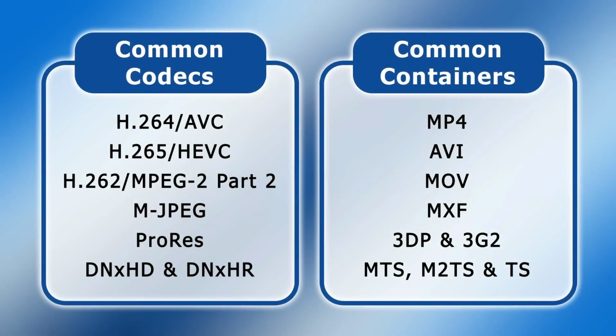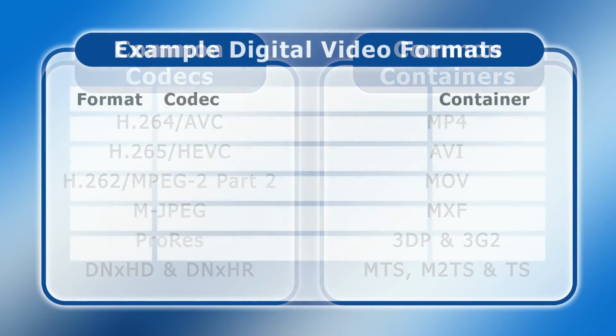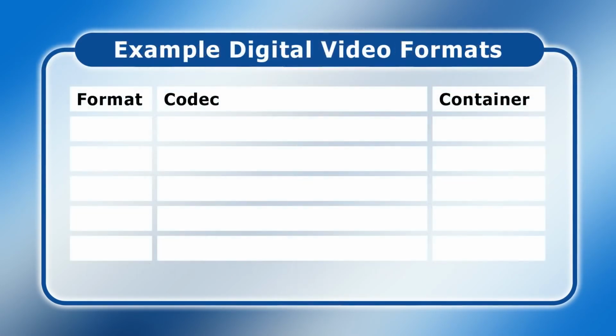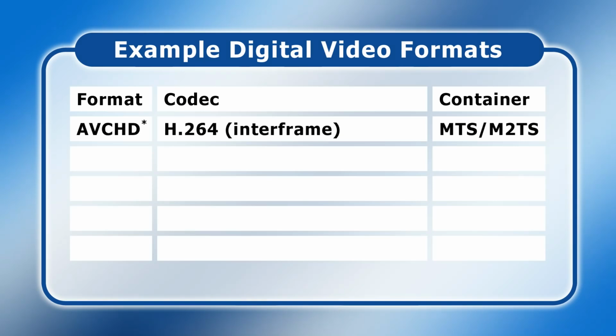The codecs and containers we've just looked at can be combined to create a wide variety of video formats, some of which are mainly used for recording and others for the delivery of final video files. To provide just a few examples, when it comes to acquisition, videos recorded in the still relatively popular consumer format AVC HD, which stands for Advanced Video Coding High Definition, use the H.264 codec and either an MTS or an